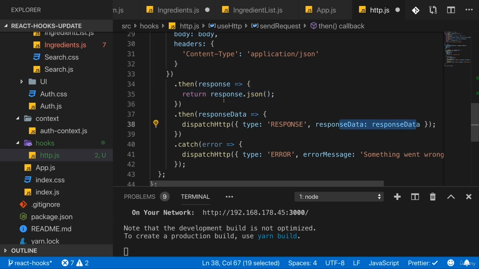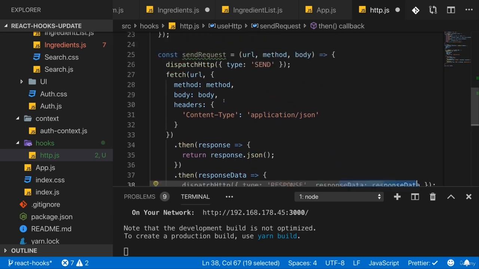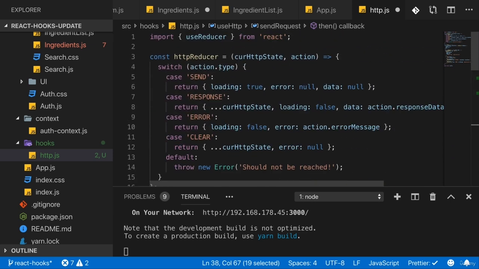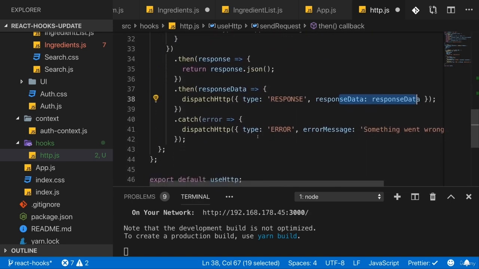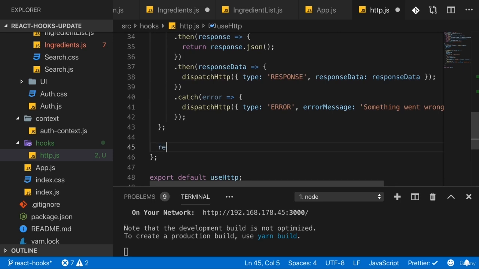So now the important thing is, the data we're getting for the request we're sending is stored in our state here. That's all nice, but still, it's in the hook. How do we now connect this to our component? Well, just like some of the built-in hooks, our own hook can, of course, return something. So here, at the end of the hook, I will return an array, but you don't have to return an array. You can also return an object here, or a single number, whatever your hook needs. Here, I'll actually go with an object